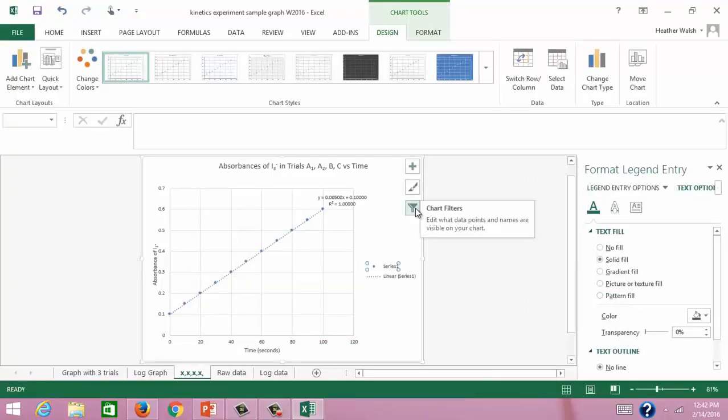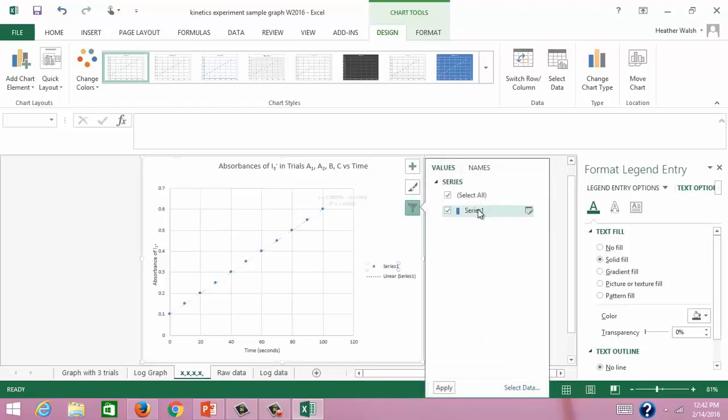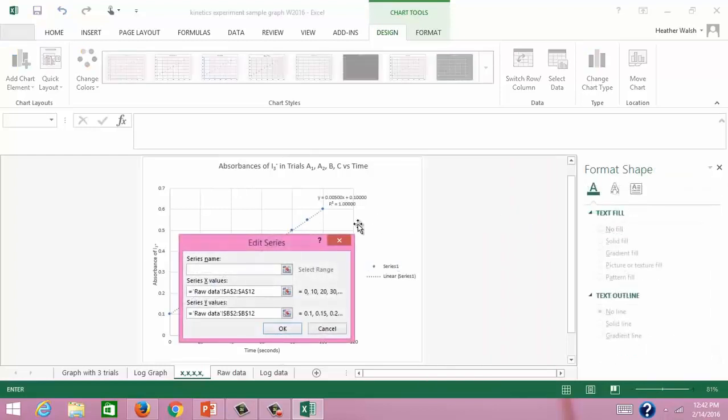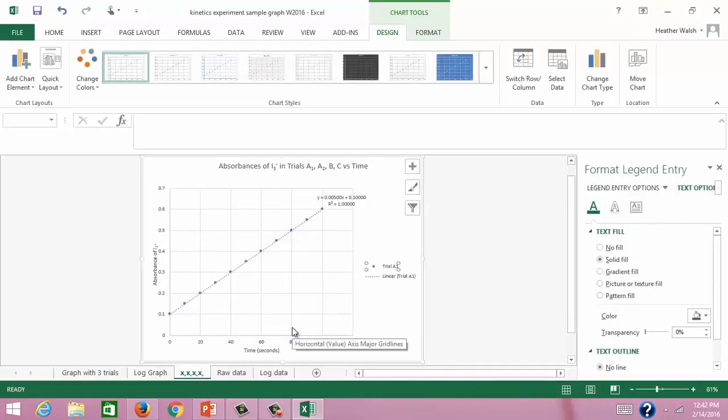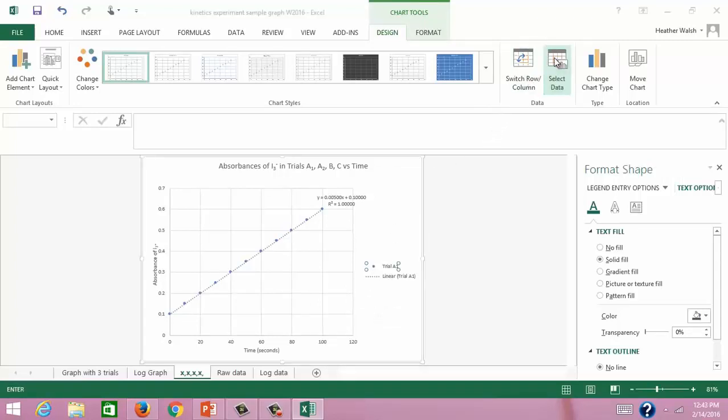So up here it says I want to play around with series number 1. Now notice here it says edit the series. So I can actually say this is trial A1. And so say OK, and so now it is labeled the blue line as trial A1. Now I want to add more graphs to this particular graph sheet. So I'm going to go up to select data,